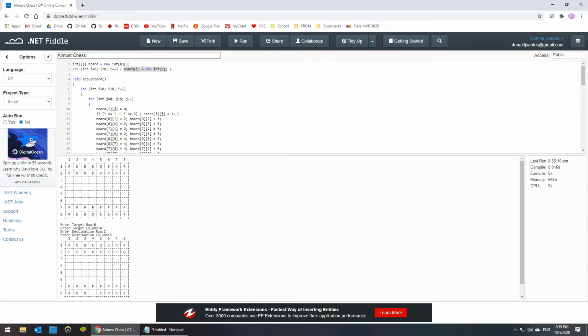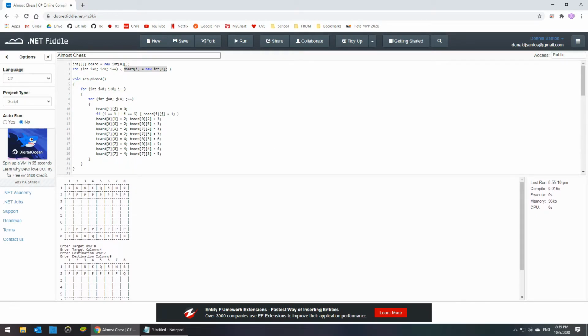So if you recall, we called this method setUpBoard once. This was the first line of code basically in the program. So what did it do? It's a double loop. And once again, once you memorize the form of the double loop, you don't really even have to look at it. You just look at it and you recognize that it's a double loop, and then that leads you to recognize that